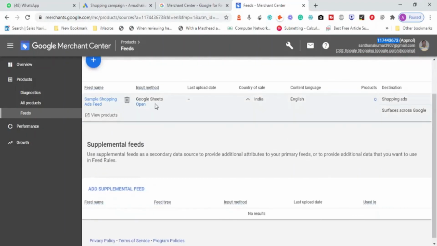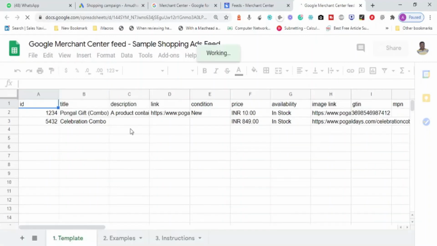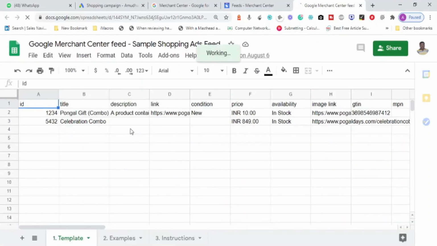This sheet will have information about my product: image, detail, price, availability, stock, my UPC code, GTIN, or other international barcode options. I will upload my products like this, one after another.